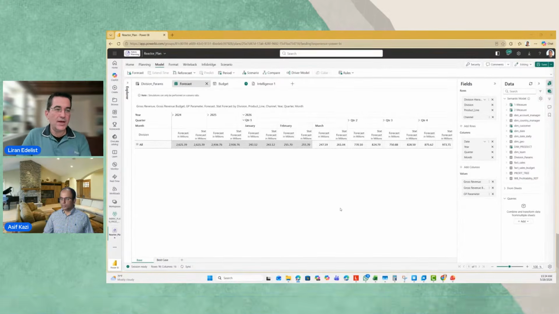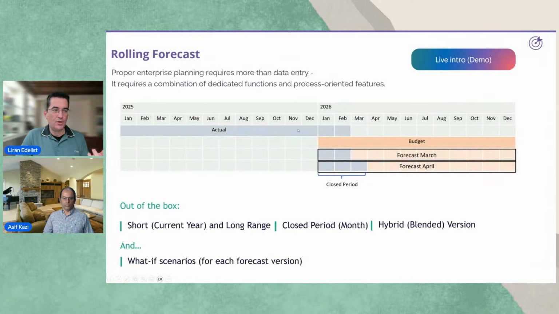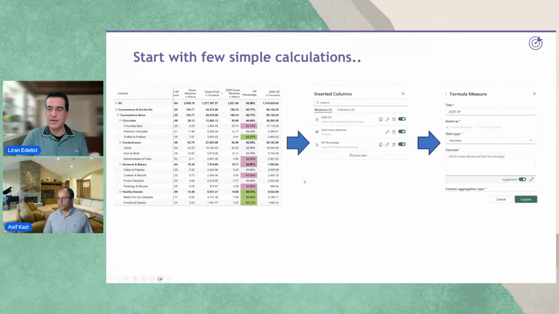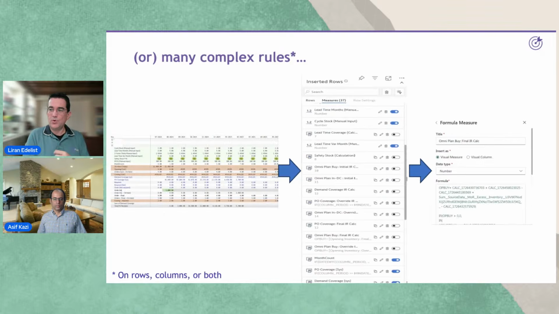From a calculation perspective, and that's again part of the needs, is connected planning, cascading, as well as calculation. I was able to show a very simple type of calculation. You just do variance, and I can do some other type of them. We have customers that have dozens of different calculations in order to, let's say, calculate maybe inventory and rolling forecast and stuff like that. So we can support a vast amount of measures and calculation.